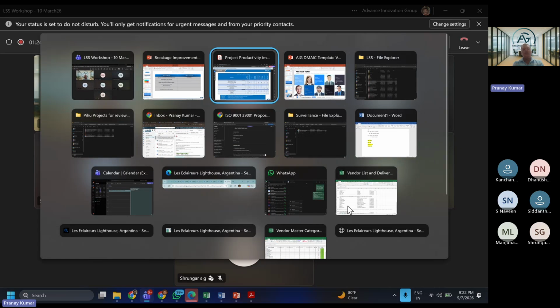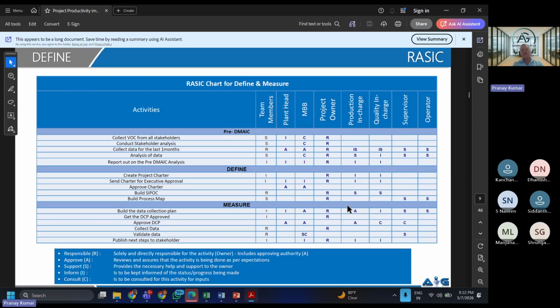In a Six Sigma kind of project, in a project environment, this is very crucial. This stakeholder analysis can be done multiple ways. But remember, other than the top boss, this should not be visible to everyone. Otherwise, you will lose your job. You can't present a stakeholder analysis in a meeting where the director is also sitting, and you are saying that the director is not interested. You will get into trouble. So you will have to draw a RACI or a RASIC, whatever model you want to follow, to allocate roles and responsibilities and get sign-off from your people.